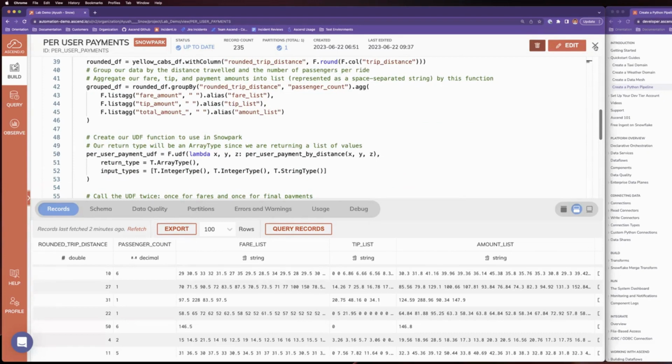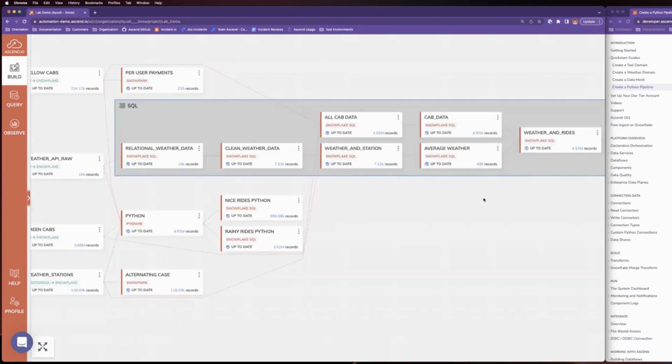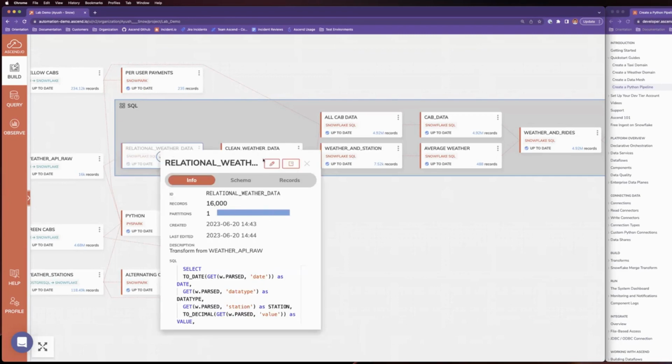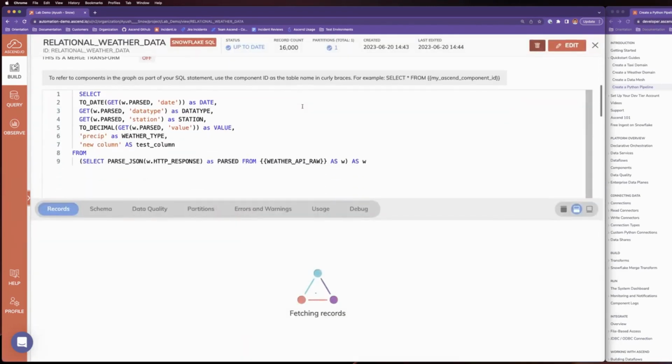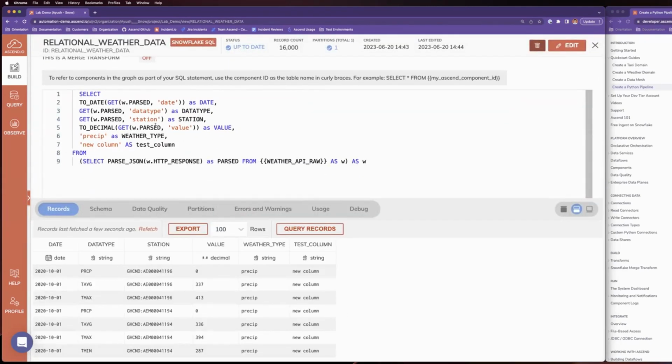Cool. So we have covered some pretty basic cases, and with that, pretty similar code, right? Nothing too difficult in terms of seeing the parallels between, okay, here's what might happen here and here's what might happen here, especially if you're moving from SQL to Python in terms of a single query. But what happens when we are trying to combine all of these 7 queries, right? If we try to combine this into a single SQL statement, so for example, let's just take one of these, right? This is a fairly straightforward SQL. Okay, this may be the best one, but it is parsing a JSON string and getting the value from there, right?